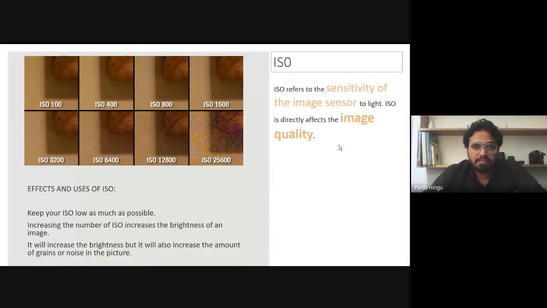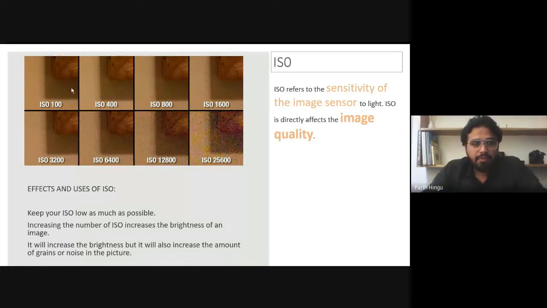ISO is the sensitivity of the sensor, so it is directly related to the brightness of your image. ISO starts from 100 and goes up to 25,000, or higher in high-end cameras. So it goes 100, 200, 800, 1600.